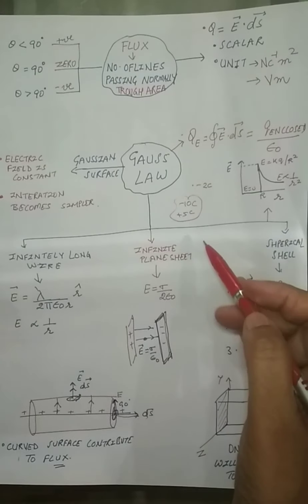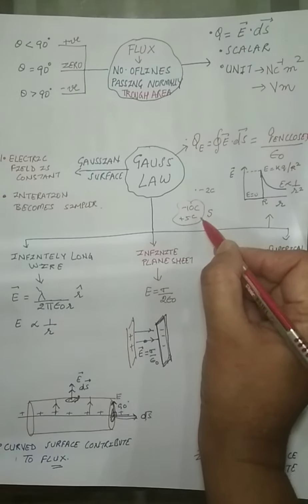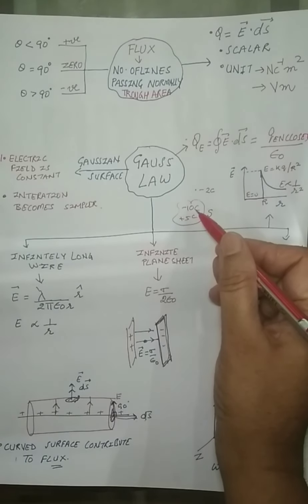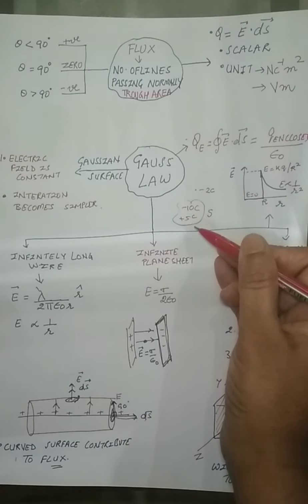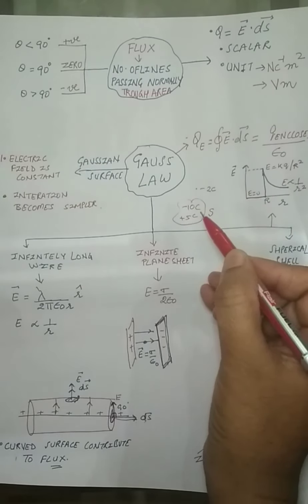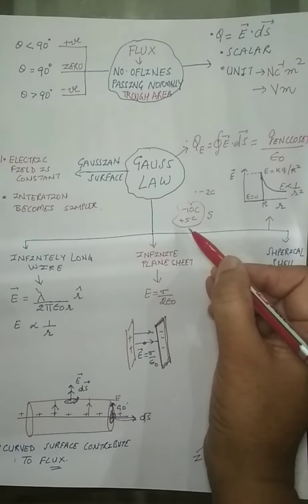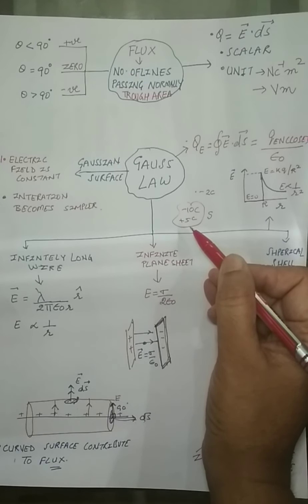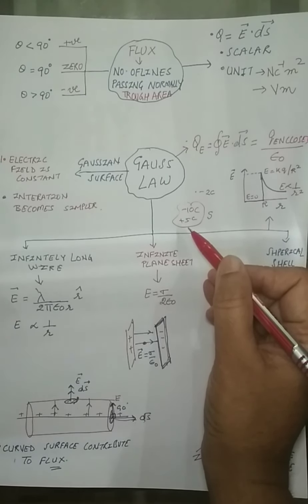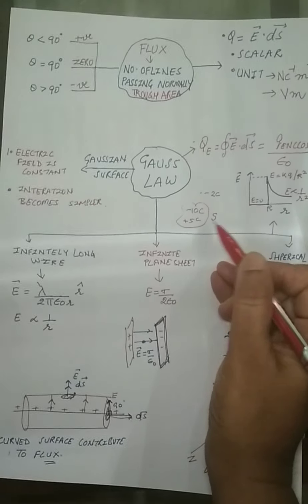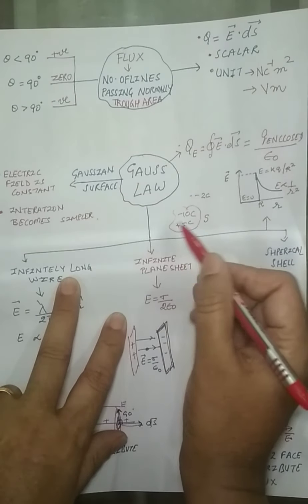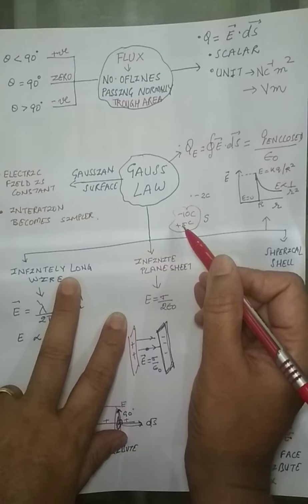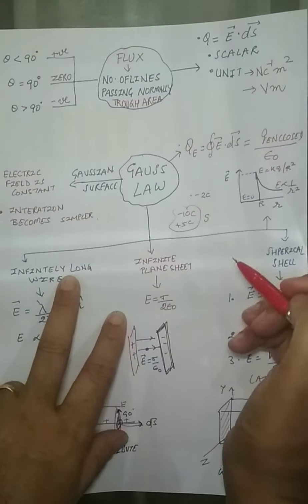And the second type is like, if I have taken a closed surface, this is my closed surface, and the charges enclosed in it are minus 10 coulomb and plus 5 coulomb, and minus 2 coulomb is placed outside. So what will be the total charge? Q enclosed, you have to add algebraically, that is minus 10 plus 5, that is minus 5, divided by epsilon naught. And as you know, positive flux means the lines are penetrating out, and negative flux means the lines are going into the closed surface. So this is about the questions relating to Gauss's law.